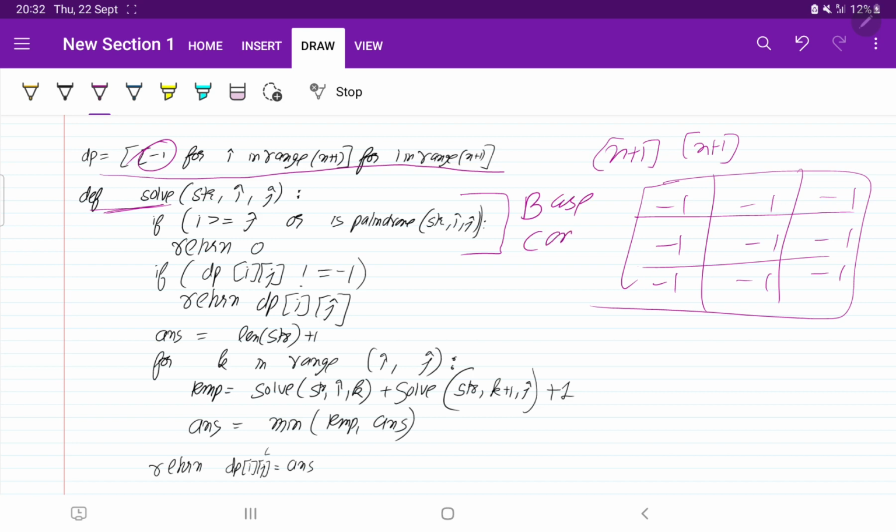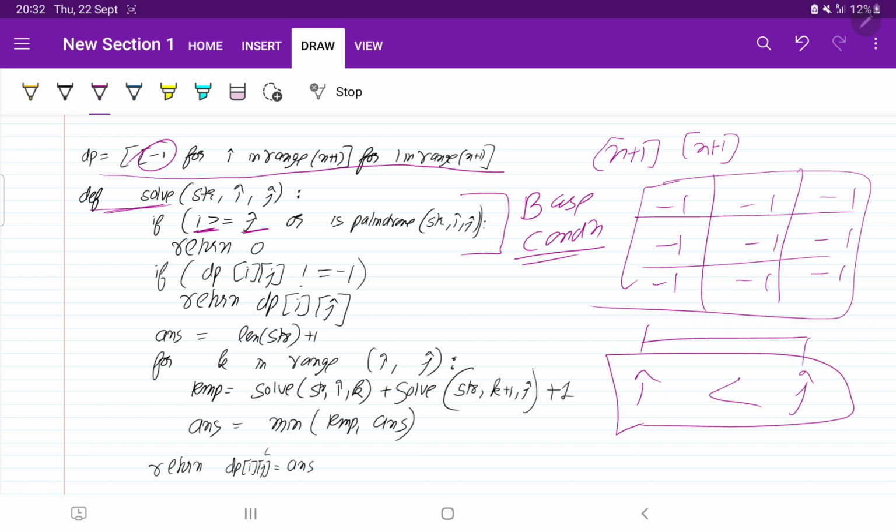Okay, what was the base condition? So i represents the starting point and j represents the ending point. In a string i is here and j is here, so the starting point is always less than the ending point. So if the starting point becomes greater than the ending point, it means it is an invalid situation. At that time we need to return 0. Perfect.